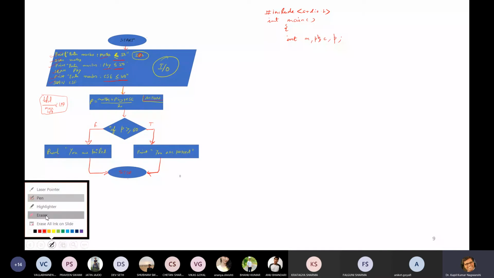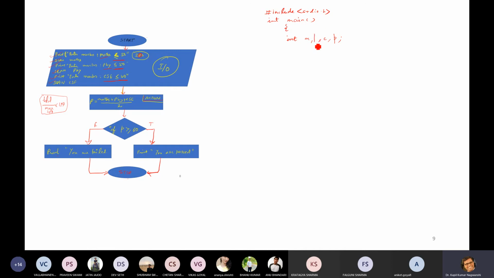So let me finish this. It must be written clearly because if you are not able to understand it, then how will the teacher be able to understand what you have written? Now I'm asking printf statement, \n enter marks maths less than or equal to 50. Actually you cannot draw this symbol, so this is less than or equal to 50.